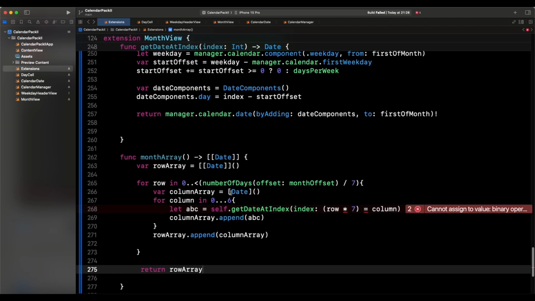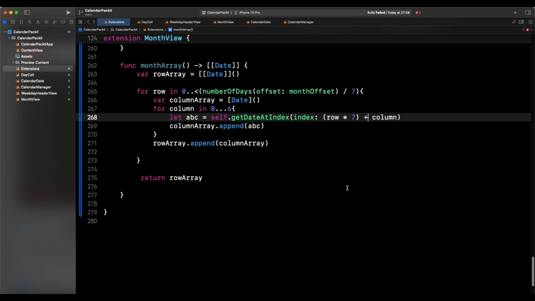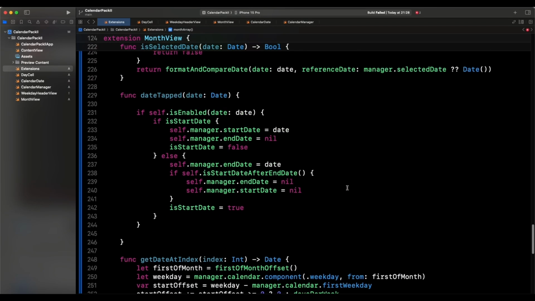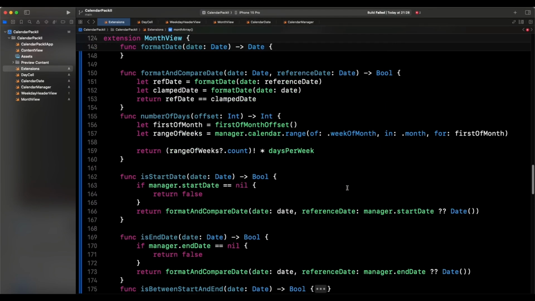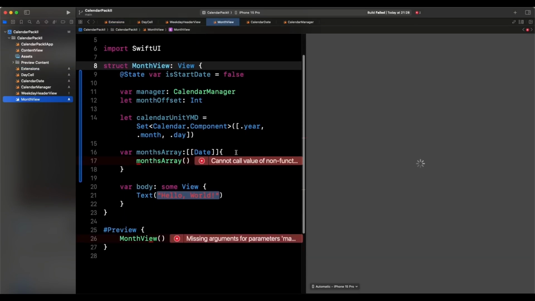So we get the column array, and then we go from 0 to 6 to include 7 days. Then we say ABC is going to be self dot get index at index, and this is going to be row multiplied by 7 plus the column, right? So that's going to be that. And I think that's a lot of the work we need to do with the month view. It was a bit heavy, right? So okay, if we try building,